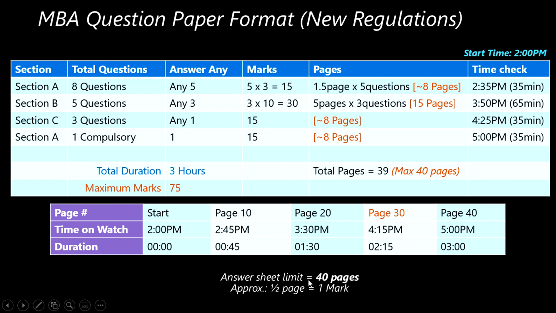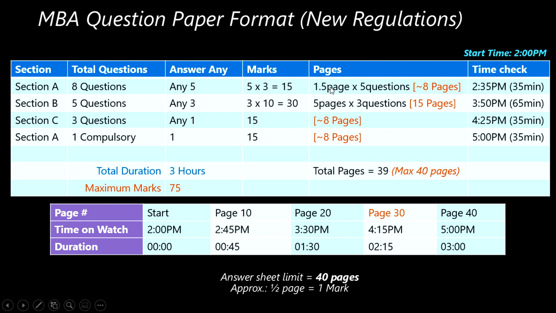So at the bottom, if you see, I've written the limit for the answer sheets is 40 pages. Approximately, about half a page can help you get about 1 mark. So what you need to do is figure out how much you need to write for each of these questions. For section A, where you have to answer 5 questions, you must write about